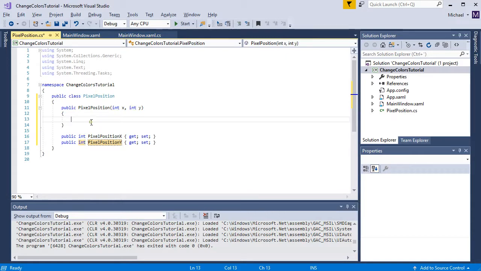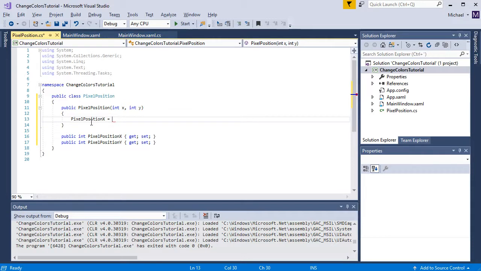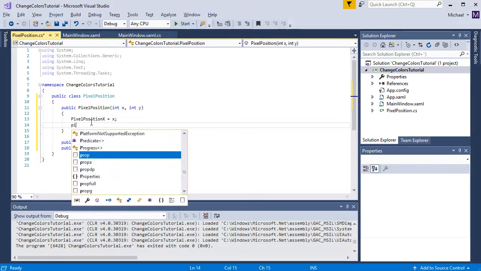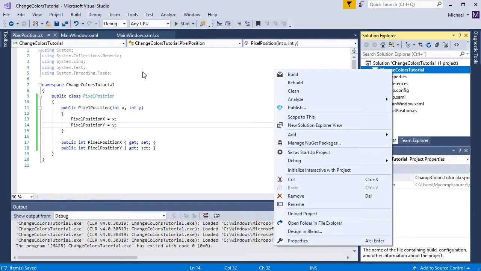And we'll take that PixelPositionX and feed that through x, and for the y it's y, and that's it for the PixelPosition class. So save that, and the next will be